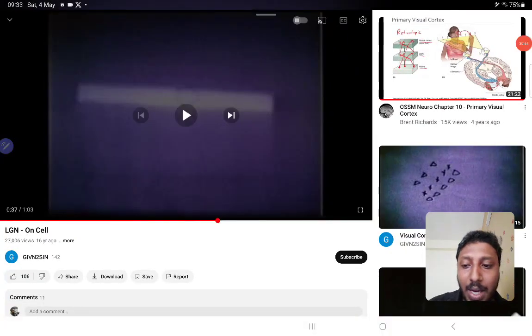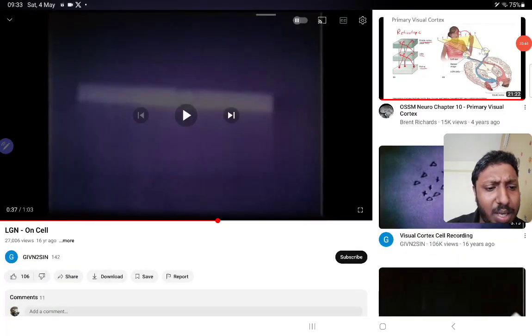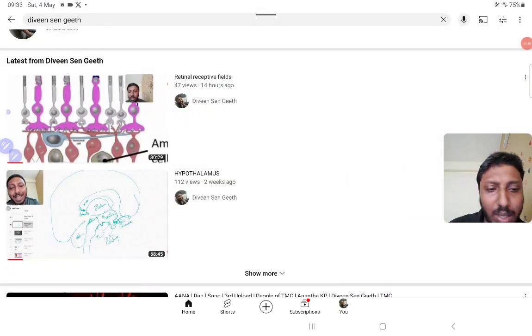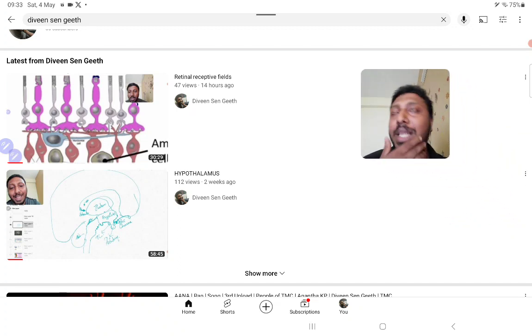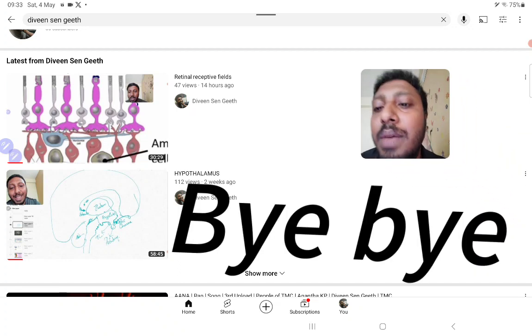This is an on center ganglion cell. The darkness will prevent it from firing, and if you light it up, it will fire. The center, when it's lit up, fires. So that is about it. I will link videos down below, please check them.